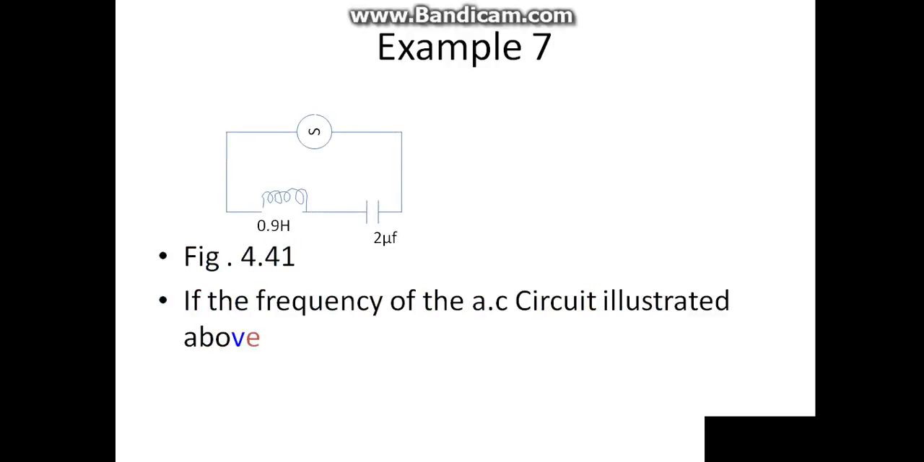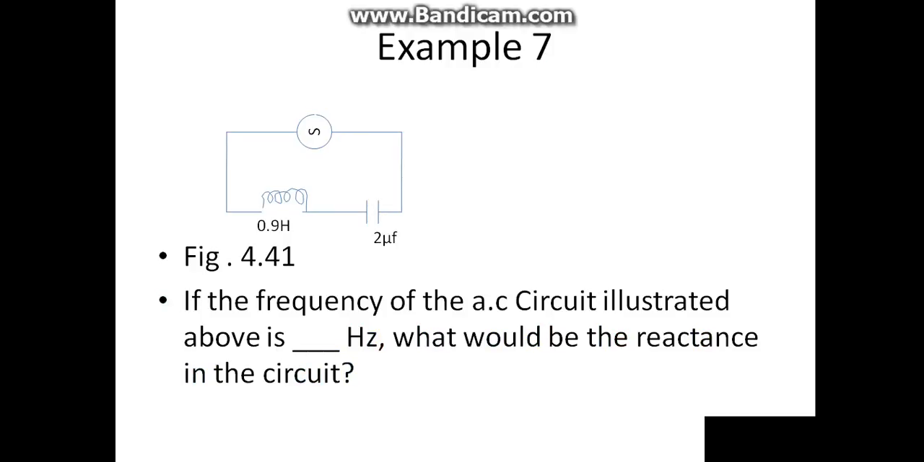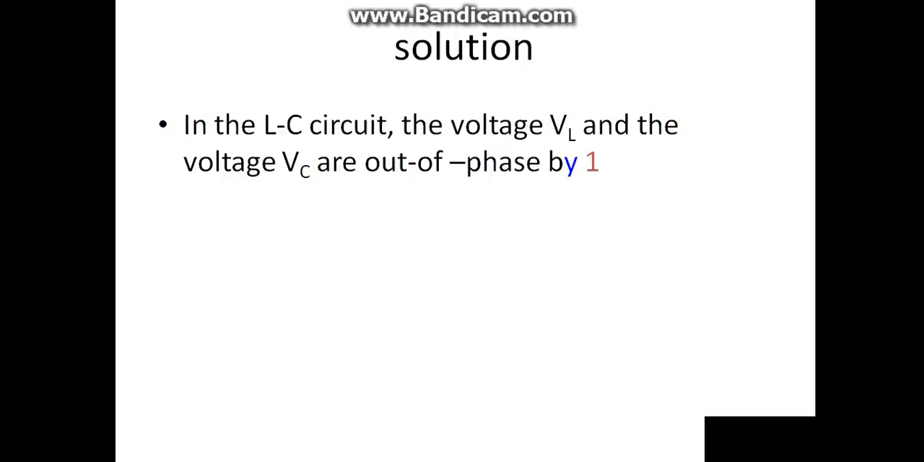Example 7. Figure 4.41 shows a circuit diagram of the example. If the frequency of the AC circuit illustrated above is 500 over pi hertz, what will be the reactance in the circuit? Solution. In the LC circuit, the voltage VL and the voltage VC are out of phase by 180 degrees. Reactance S is equal to the square root of